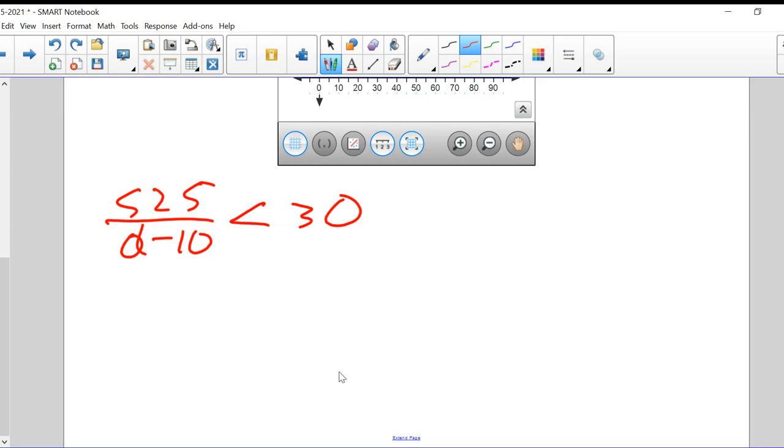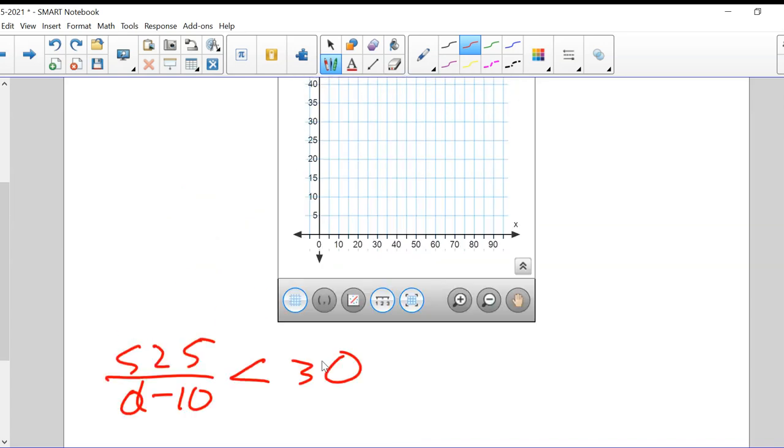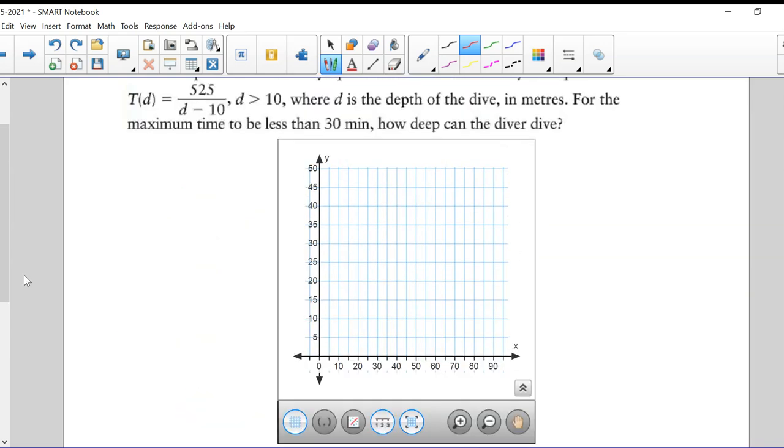Tell me, Harish, why do you think that it has to be positive? Why does that denominator have to be positive? Was there something about the question? Because the question said that D has to be less than 10. That's exactly right. Sorry, if you go back to the original function, which I'm trying to get back to right now,